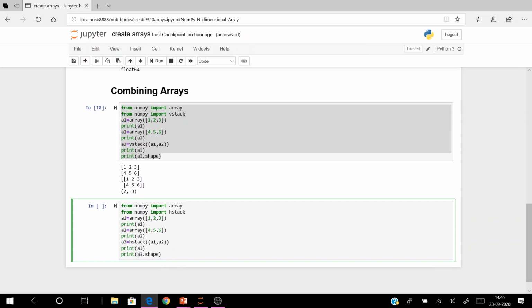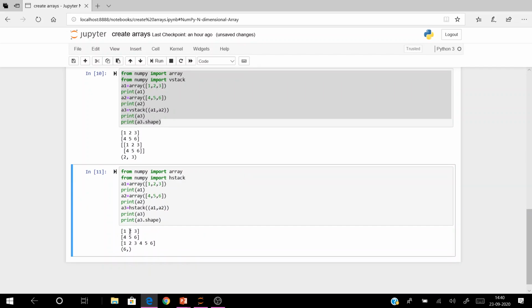Now if you run this, you can see 1, 2, 3, 4, 5, 6. You can see both the arrays are combined in a horizontal manner. Now if you look at the shape, one row and how many columns do you have? 6 columns. It is a single dimensional array with only 6 elements. So that is how hstack works.